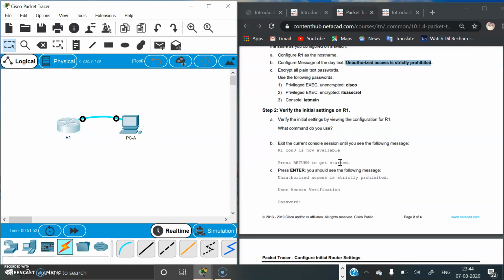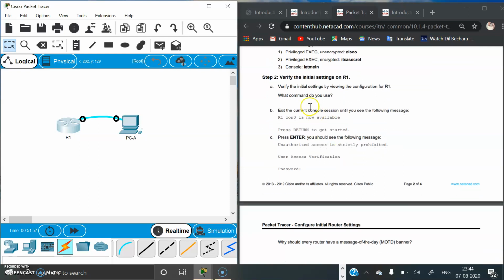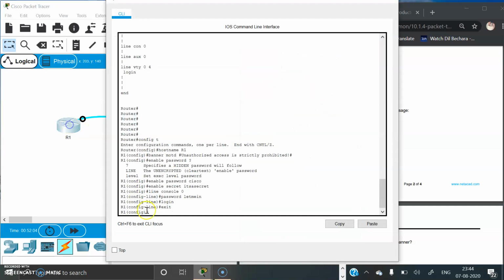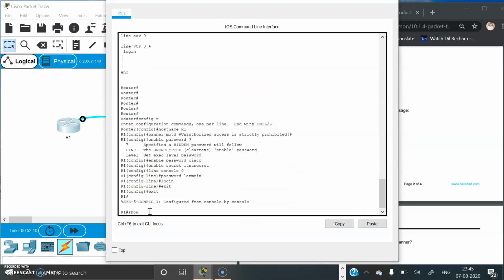Now we have to verify the initial settings on R1. For that, verify the initial settings by viewing the configuration for R1. We are using the command show running config. Firstly, we have to exit from global configuration mode. Now enter show running config.